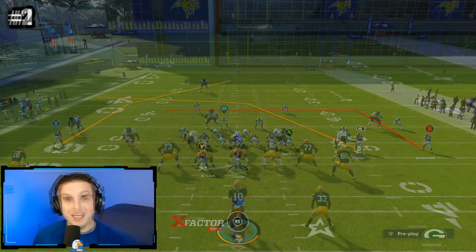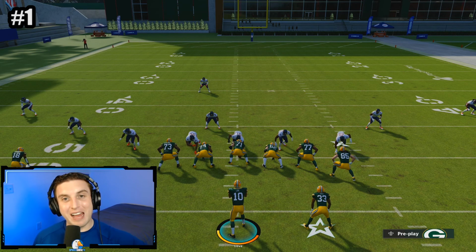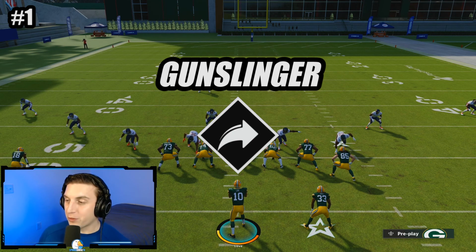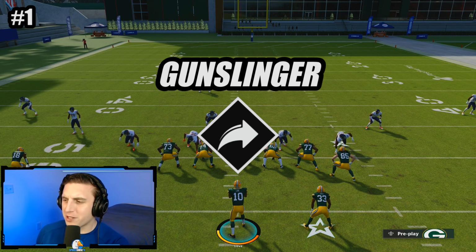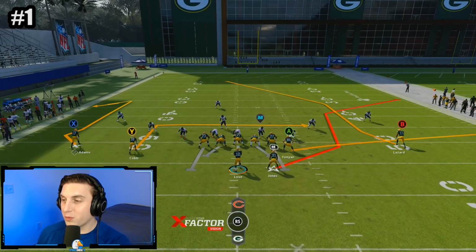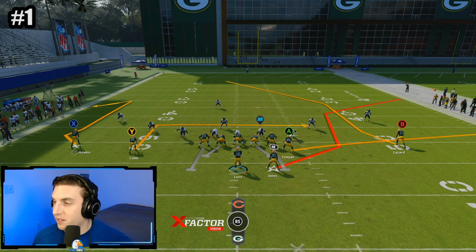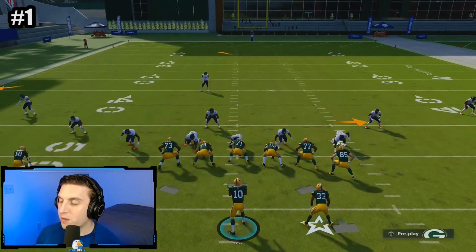Let's jump ahead to number 1. Now at number 1, this is what many consider to be the best ability in all of Madden, and that is the ability Gunslinger. So I have the Green Bay Packers, but I don't have Aaron Rodgers at quarterback. I have Jordan Love because I want to show you guys first what it looks like when a quarterback does not have Gunslinger. So I'm going to hopefully be throwing to the running back on this really awesome corner route,